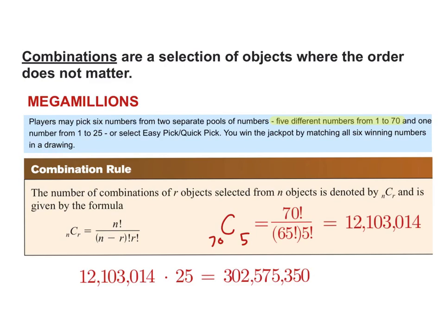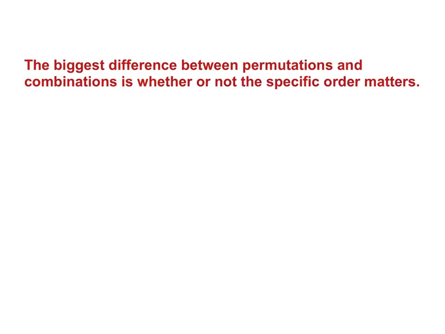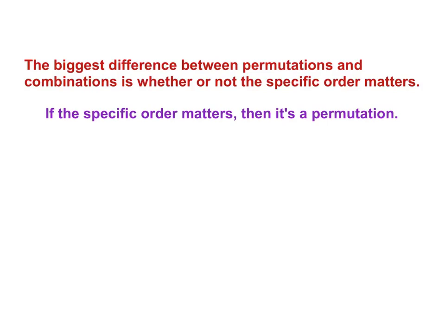Now, okay, two things to keep in mind between permutation and combination. It all has to do with whether or not the order matters. So as you enter into these problems, you have to ask yourself, does the order matter in this situation? If the order matters, then it's a permutation and you use the permutation formula. Okay? If the order does not matter, like in the Mega Millions,